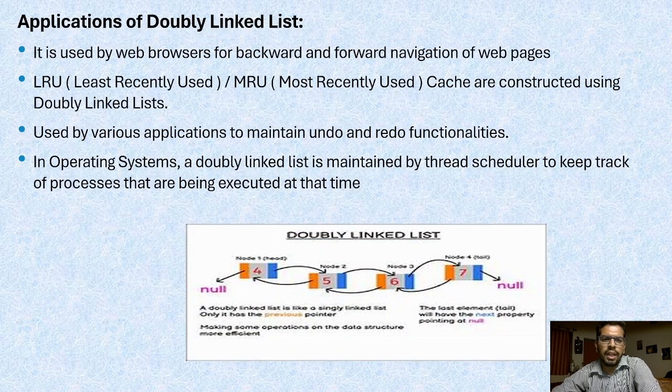Applications of doubly linked list. It is used by web browsers for backward and forward navigation of web pages. LRU, least recently used, or